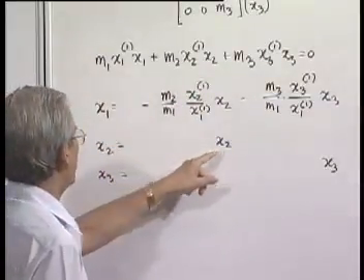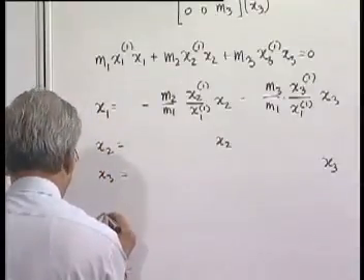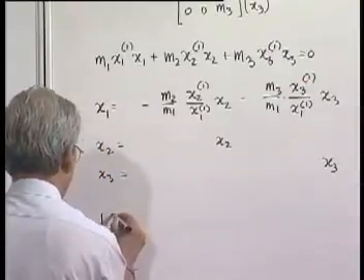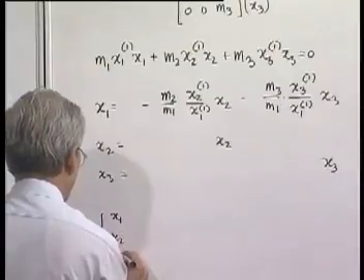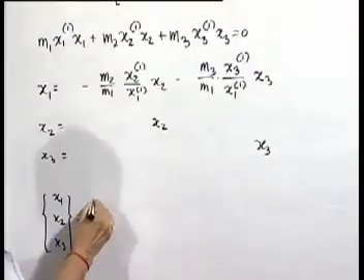X2 of course is equal to x2, x3 is equal to x3. So this whole thing can be written in matrix form: x1, x2, x3 is equal to